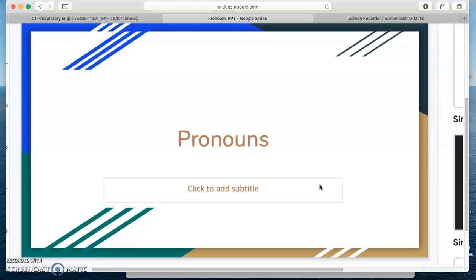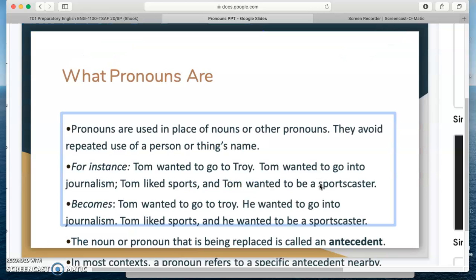Pronouns are a tricky but useful element of writing. They are used in place of nouns or other pronouns should the need arise. They avoid the repeated use of a person's name or a thing's name. For example, as you can see right here,